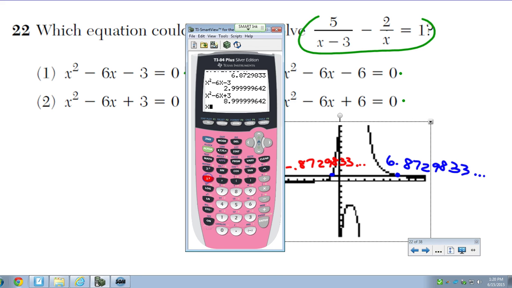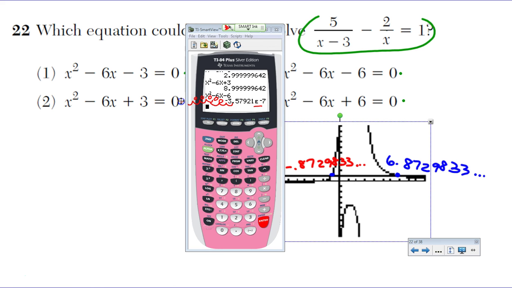So now I check choice 3, which we know is the answer. And remember, if you don't know what this means, E means times 10 to the negative 7. So this means bring the decimal over 7 places. So that is really, really, really small. So we can call that really close to 0. And then if you finally check the next one,